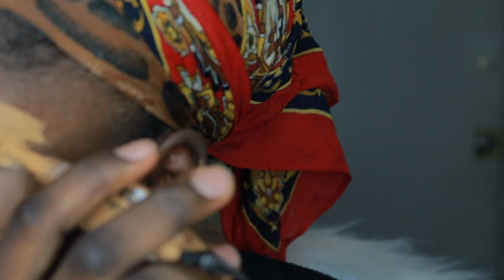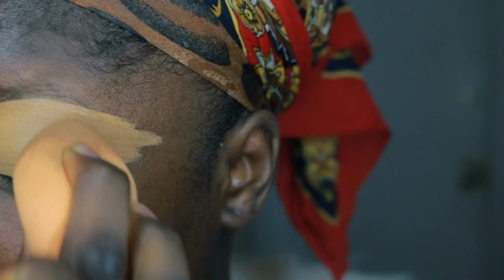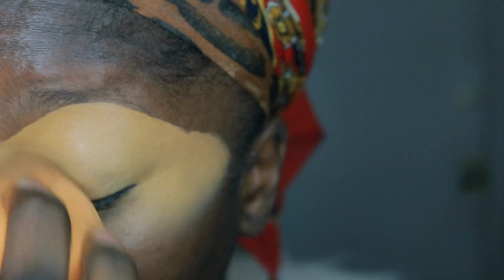So we're starting off with our eyes, and I'm putting on my concealer in the shade Fun, blending it with my beauty blender from Real Techniques. I will make sure that it is well blended and then go ahead to set my lid with my Sacha